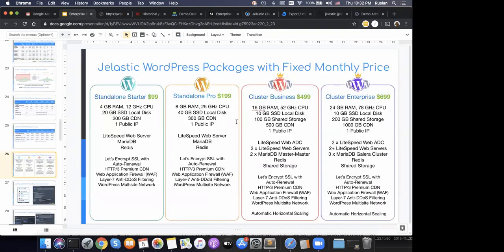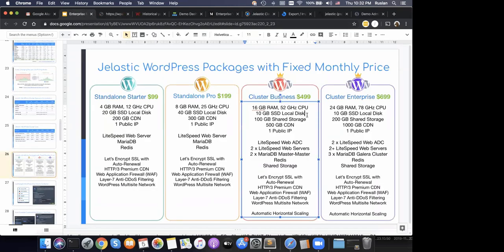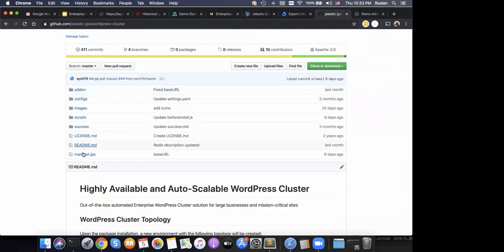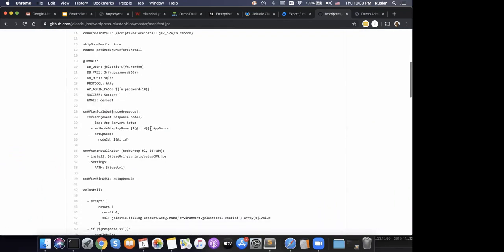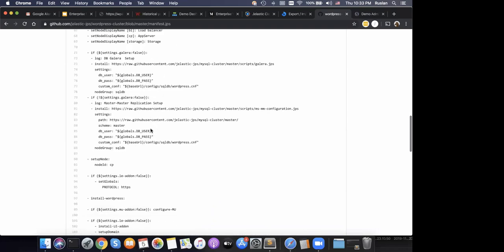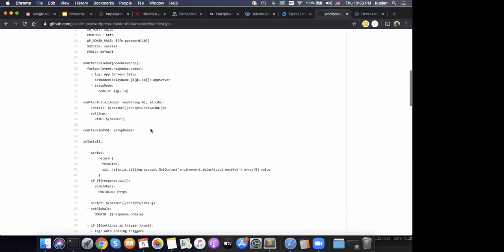You just need to go to the dashboard and change the topology. Or if you're going to change the package itself, because you can fork it at our GitHub, you can change the number of load balancers right in the manifest, and then import it to Jelastic platform.